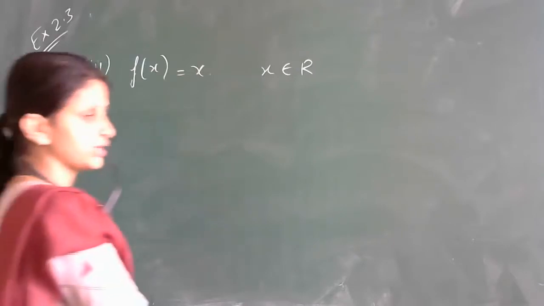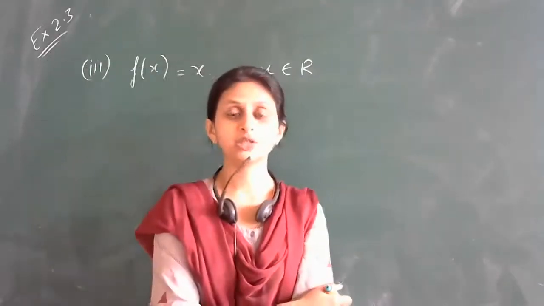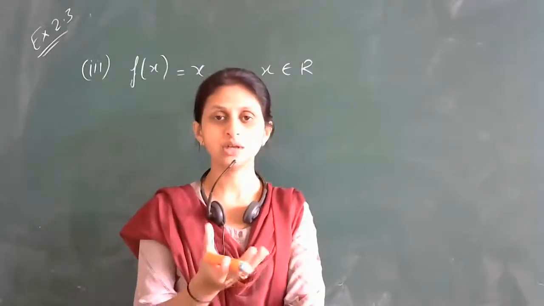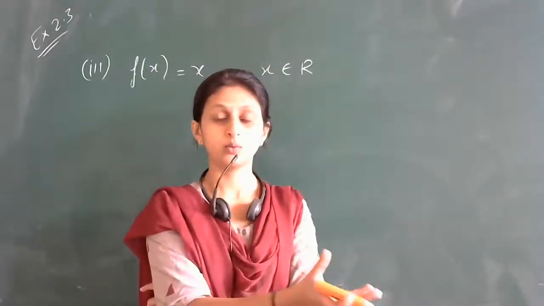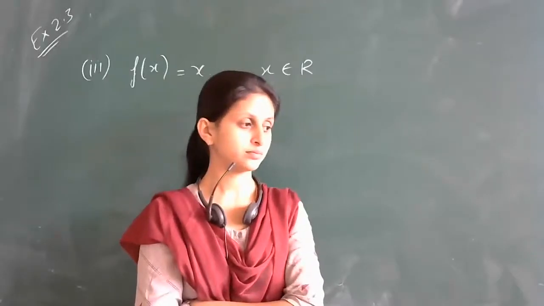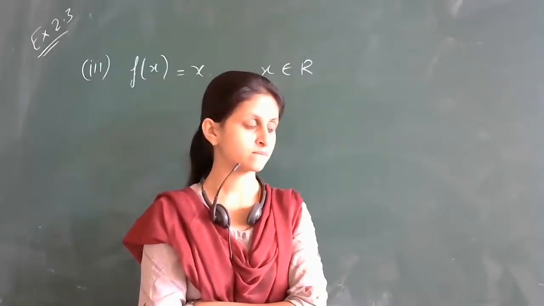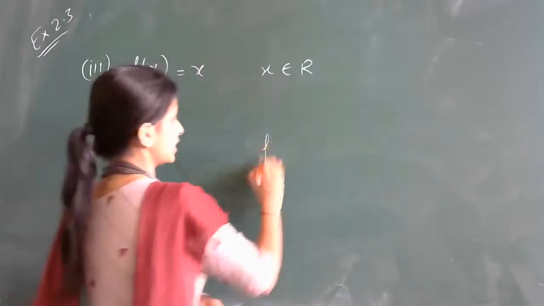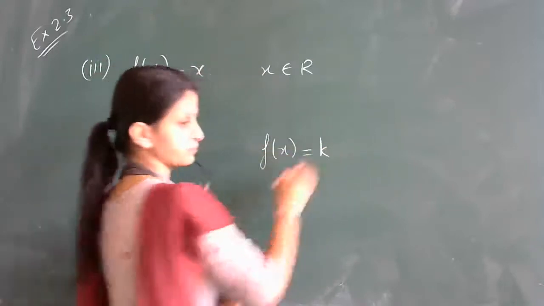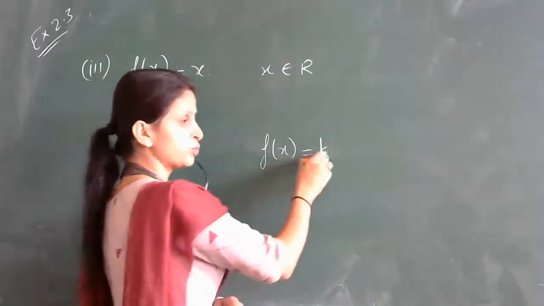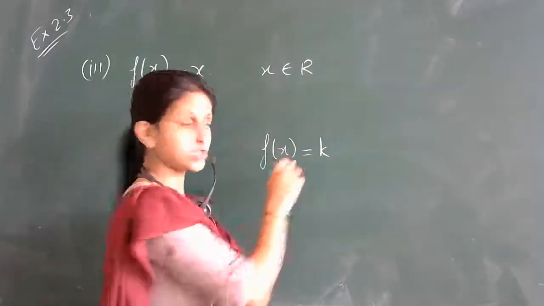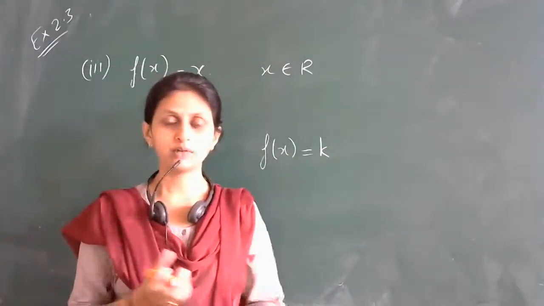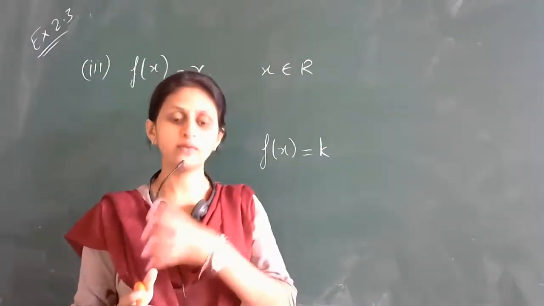I am asking you the name, students. Magic box, which takes the input, will not perform any operation and gives the same as output. Which is that function called? Not constant function, Mohammed. Constant function means f of x is equals to k. For any input, my output will remain the same, constant. That is constant function. But here what I am saying, for any input, we will not perform any operation and we will give same as output.